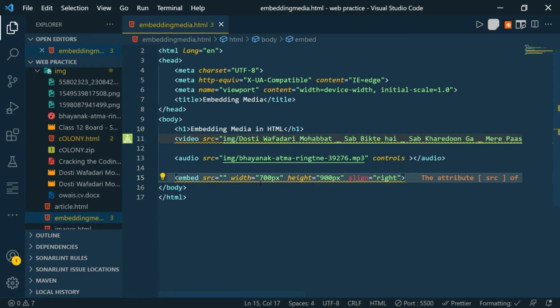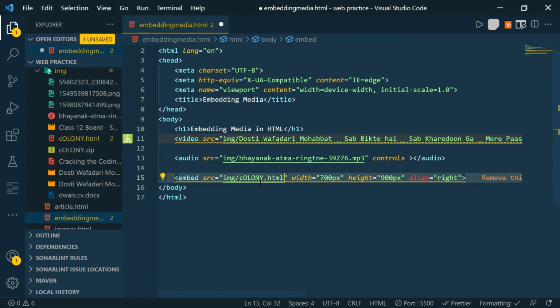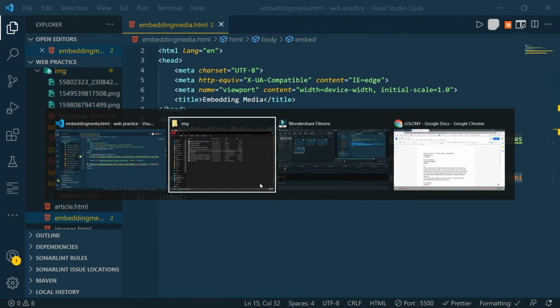We have the .html file here. Let's specify the .html file in the source. Colony. Okay, I didn't write img slash. Yeah, I want colony.html. So let's save it and see.